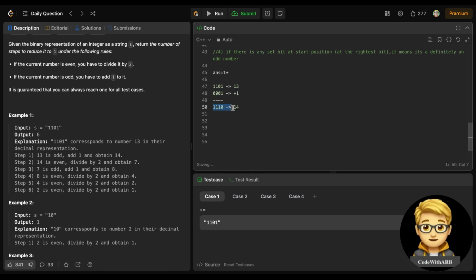Okay, now this becomes 14, it means it is an even number. So if you see here, if it is an even number, I just need to divide 14 by 2, it will just shift it to the right, so it becomes 111. It just shifted. If there is an even number, it will shift to its right part, so it becomes 7, right? This is again odd,